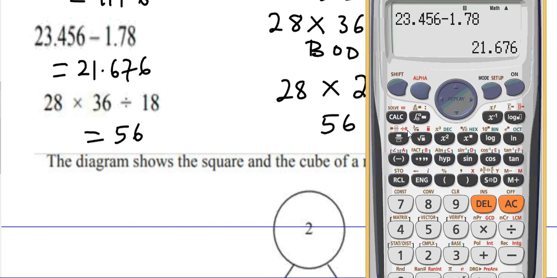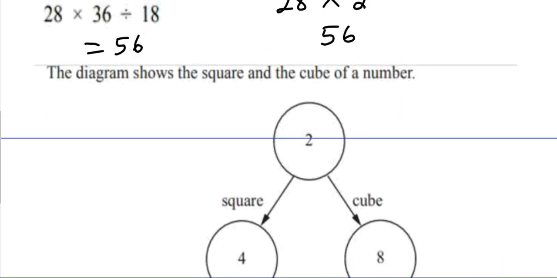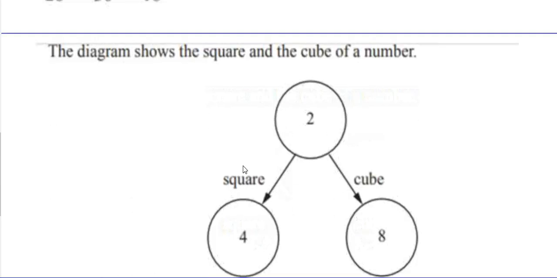You can check that using a calculator. Do 28 multiplied by 36, then divide by 18. What is the answer? The answer is 56. So we are correct. Now let us move on to the next question. Okay, the next question is,